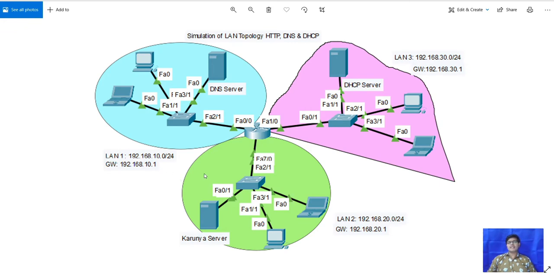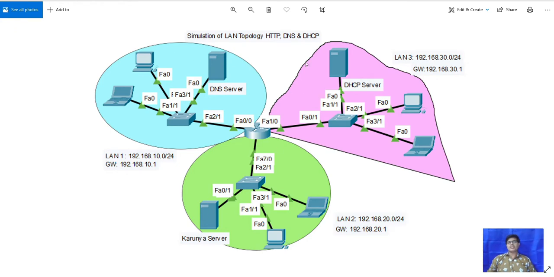Next we will move to the next LAN. So the next LAN is having 192.168.20.0, and gateway is 192.168.20.1. After that, moving to LAN 3, here is 192.168.30.0, and gateway is 192.168.30.1.